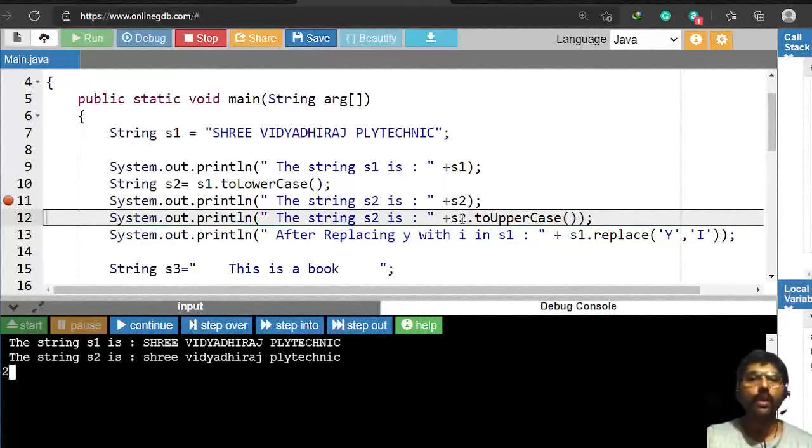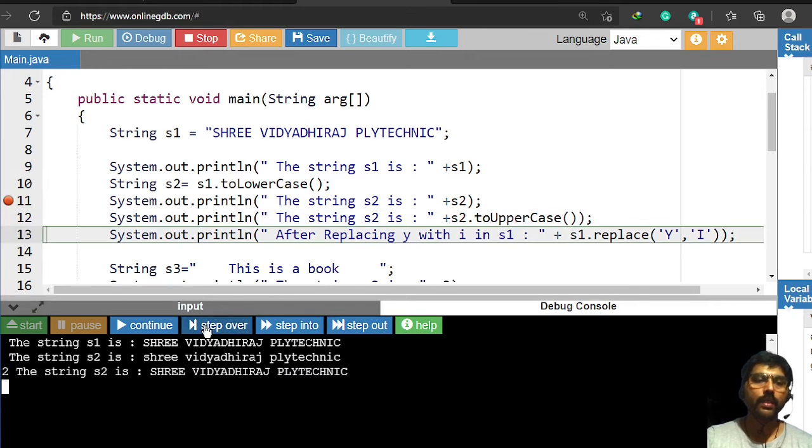Now s2 already contains Sri Vidyadiraj Polytechnic in lowercase characters. toUpperCase will convert it into uppercase characters and display it here. Now the original s2 is not modified. It will just create a new string object with capital letters. Now see here, it's in capital letters.